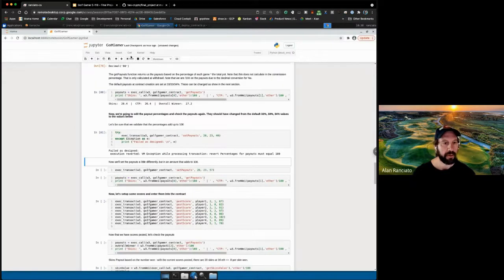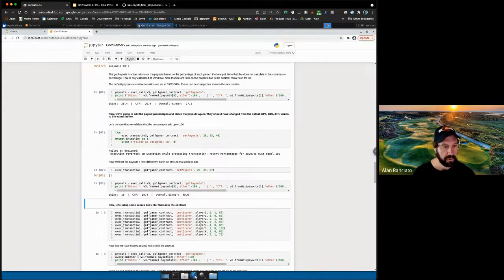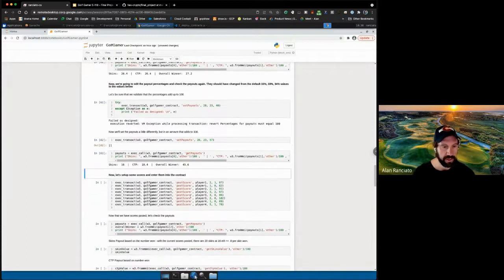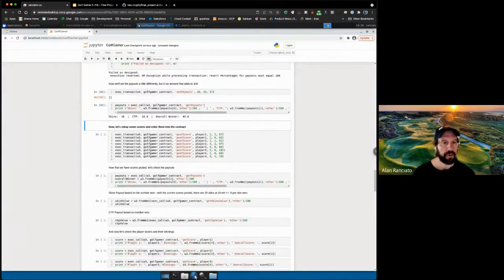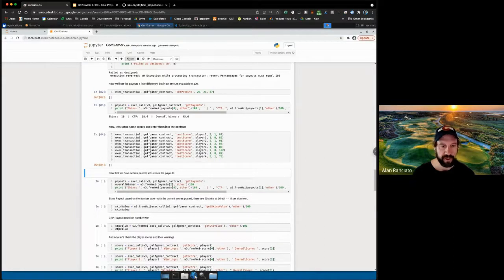Great. So now we're going to try that again, and we're going to set it to 20, 23, and 57% respectively. And now here are our payout amounts, which is great. And that adds up to 80. So coming down further, we're going to add some scores into the contract. So now we've actually transacted, we've added some scores,